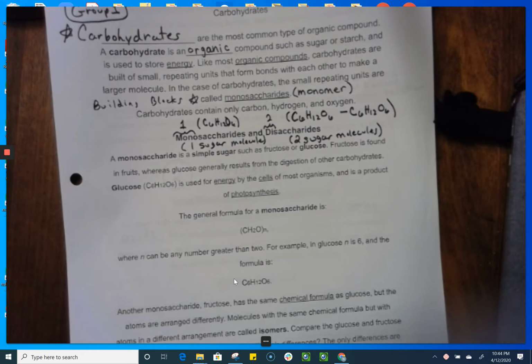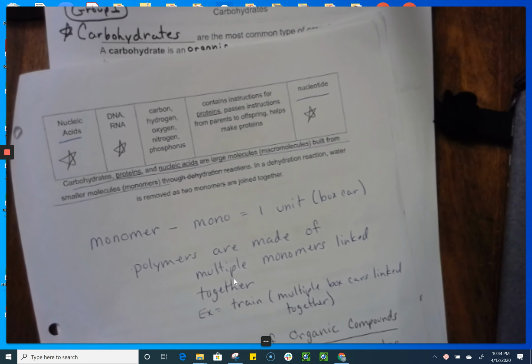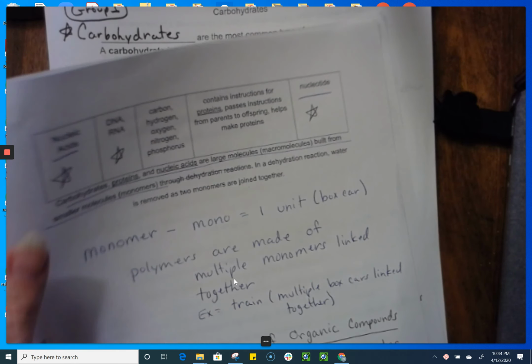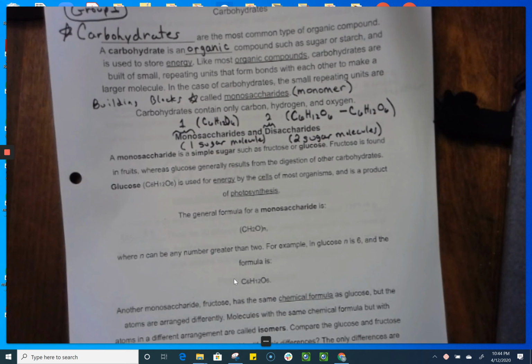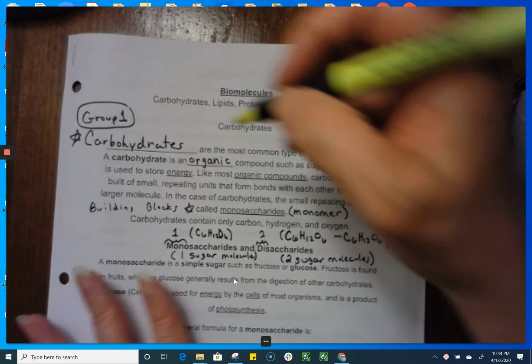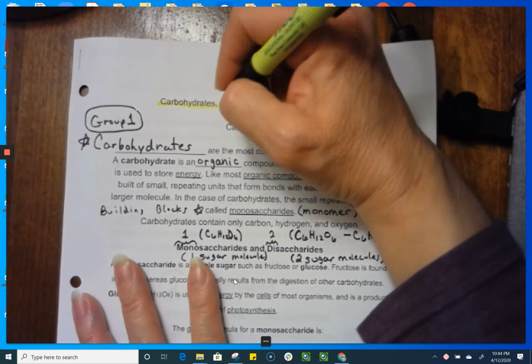All right. Now, these 4 things are also referred to as biomolecules. So that's what the next worksheet is going to go into a little bit more detail here, and part of it will be as a review. So once again, your 4 biomolecules: